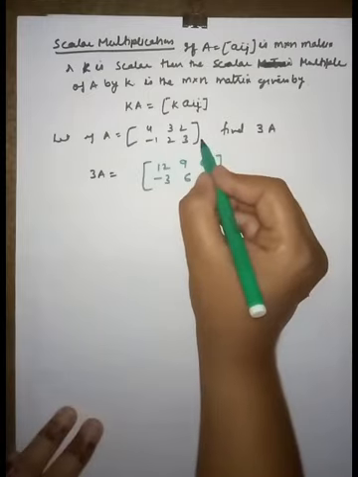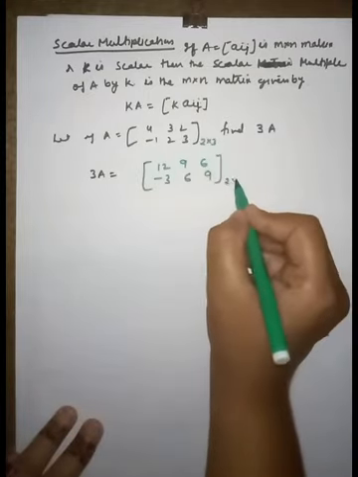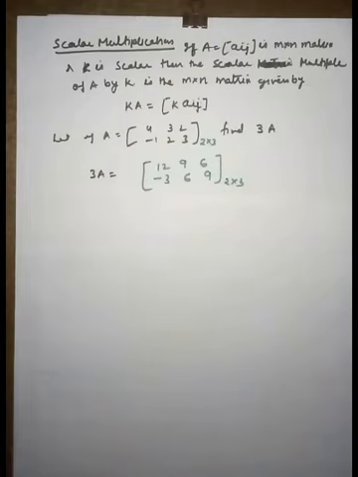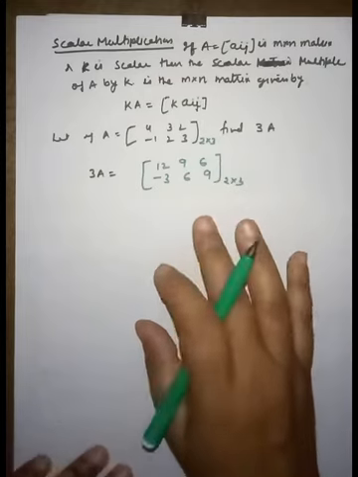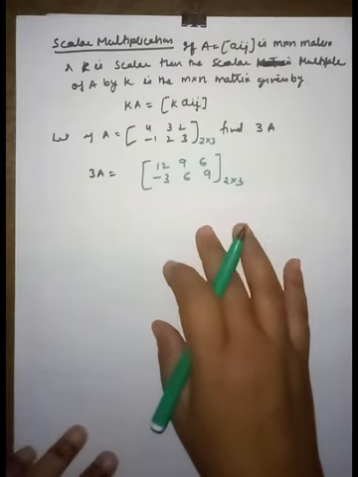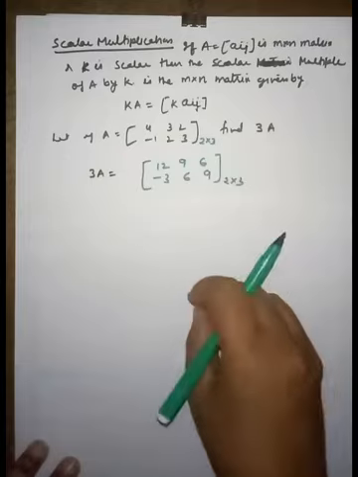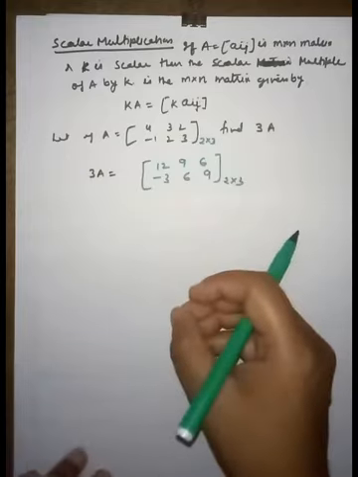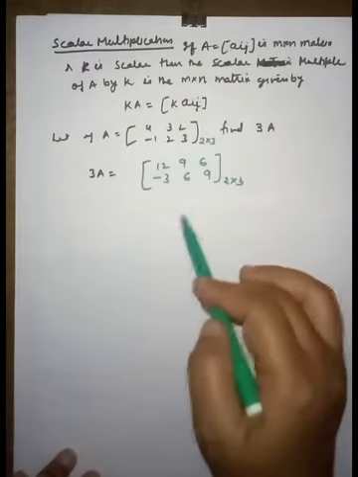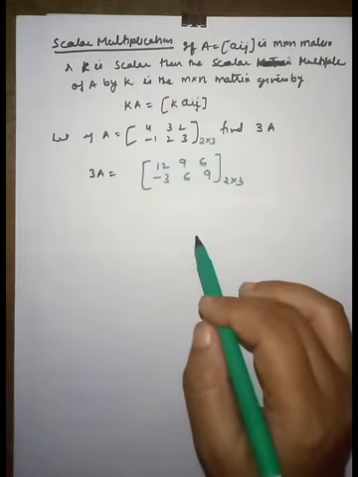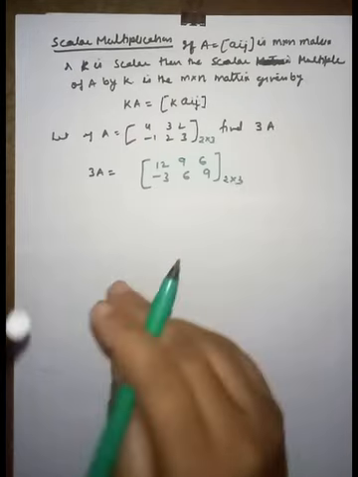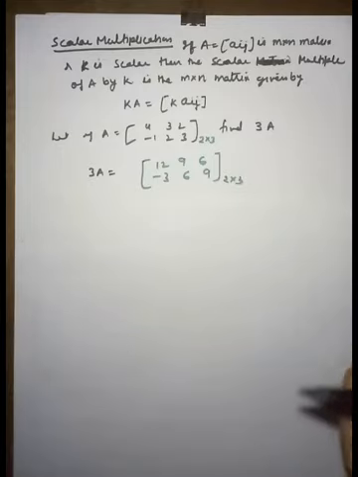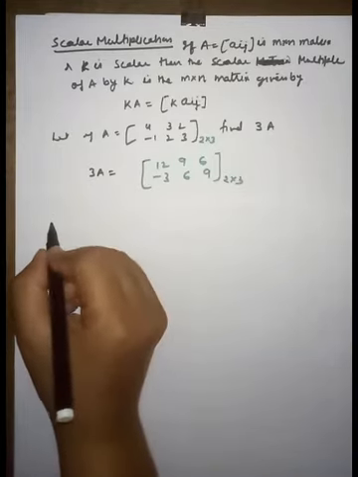The order of this matrix is 2 cross 3, and this matrix is also of order 2 cross 3. So a scalar multiplication is a very simple operation, because in this case you just take a scalar, which is a number, multiplied to each element of the matrix, right? Now next move on. The next operation is matrix multiplication, which is most important.